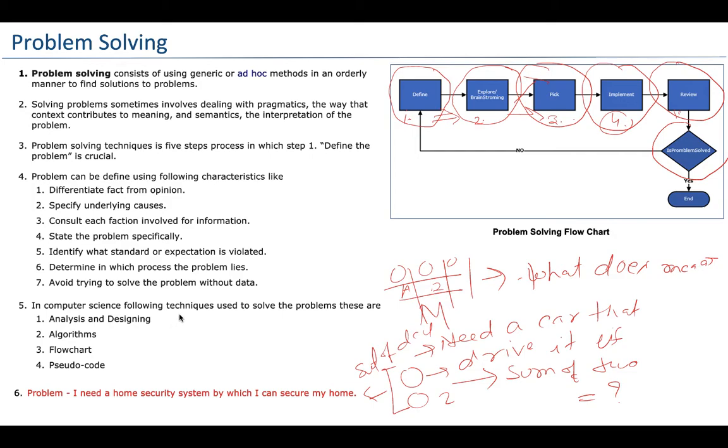In computer science, there are various techniques and processes involved to solve the problem. First is analysis and designing, also called system analysis and designing, that is SAD. Second is algorithm. Third is flowchart, and the fourth is pseudocode. So all of these we will talk about in the upcoming sections. Okay, so let's talk about what is